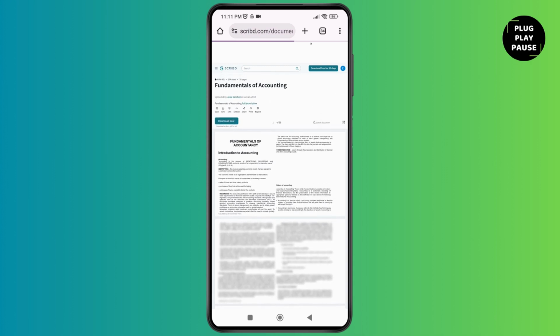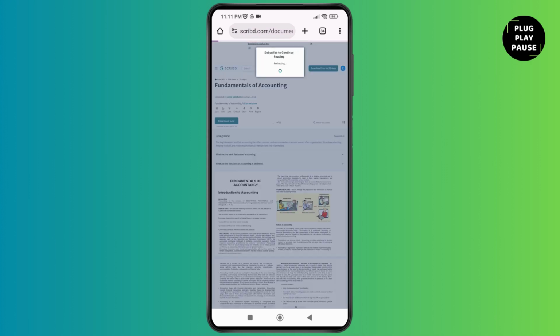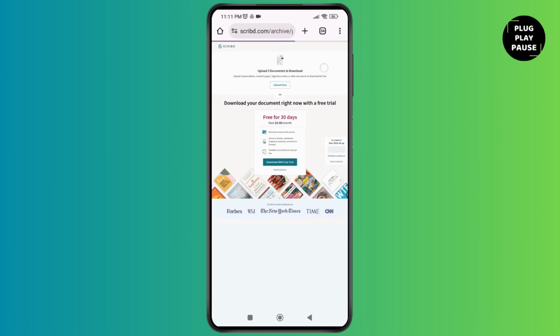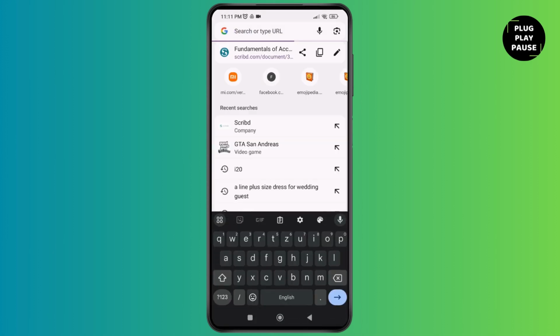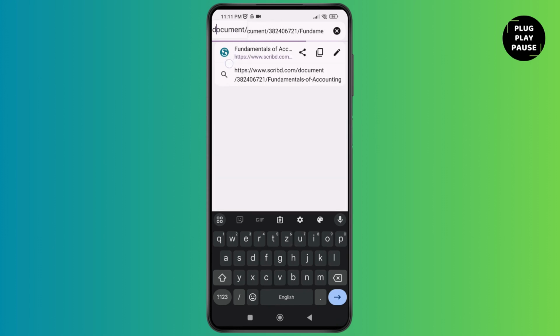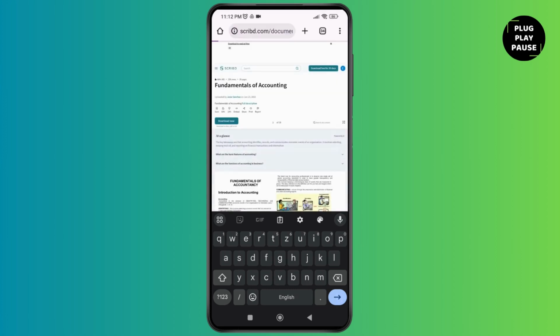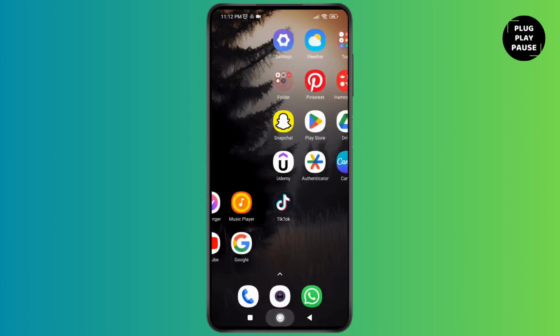So tap on download now, and as you tap on download now, it will lead you to a new page where it says that you have to upload 5 documents to download. So since we want to use a shortcut, we're going to go back and not use this method, and all you have to do is just copy the URL and then paste it over here, and then just before the script over here you just have to mention as down and then just search for it,